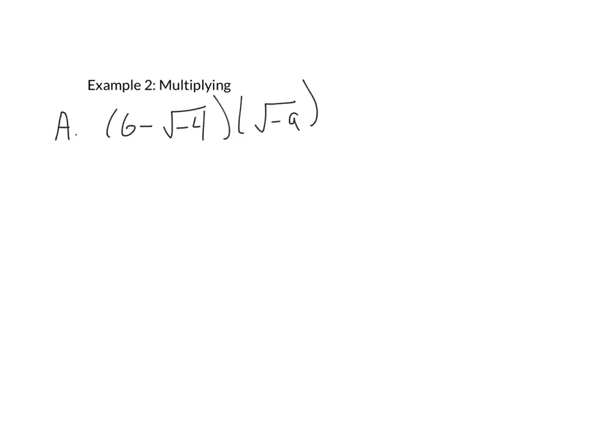Now when we're multiplying, like I said, we're going to FOIL this. Well, actually, in this case, we're going to distribute in this one. The next one we FOIL. So first let's put everything into i terms. So 6 doesn't change, but the square root of negative 4: square root of 4 is 2, square root of negative 1 is i. So that's going to be 2i. And then the square root of negative 9: square root of 9 is 3, square root of negative 1 is i. So that becomes 3i. So we have 6 minus 2i